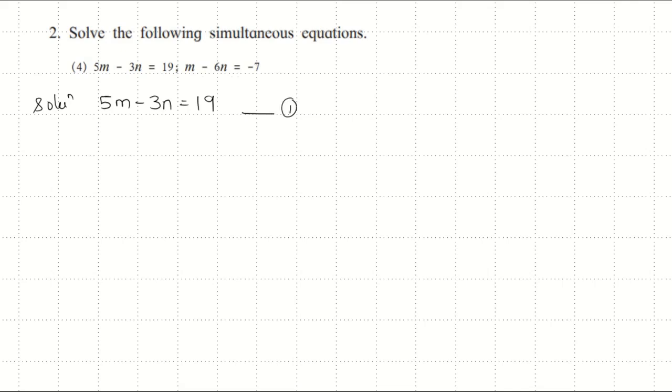If it is m, no need to panic about how we will solve for m or n, as we already have a habit of finding x and y. This can be m or n. You can get p or q, and you can get a and b, anything. Now second equation is m minus 6n is equal to minus 7. Let this be equation number 2. And m can also be written as minus 7 plus 6n. Okay. Substitute this value of m in equation 1.